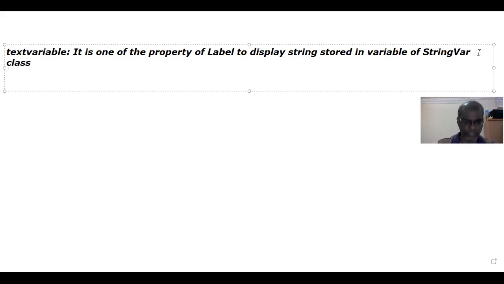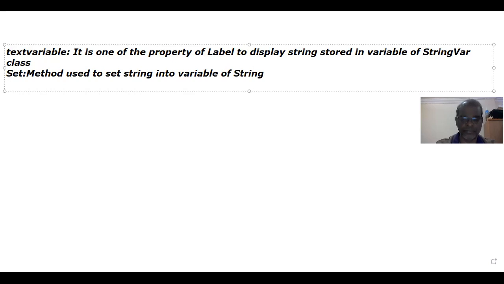Then set. Set is one method used to set a string into a variable or object, a variable of StringVar. One more method, that is get.